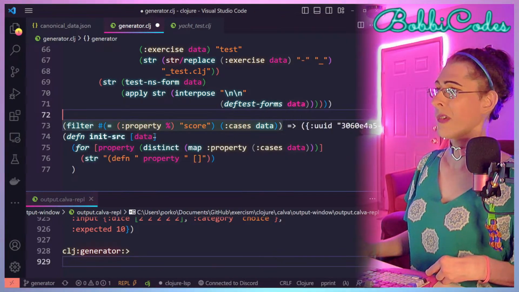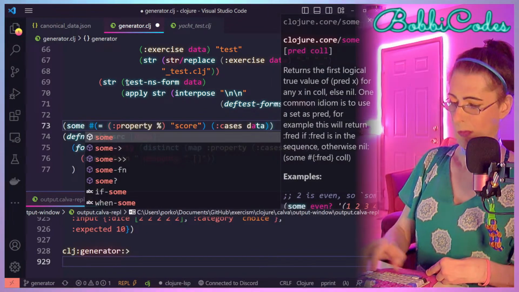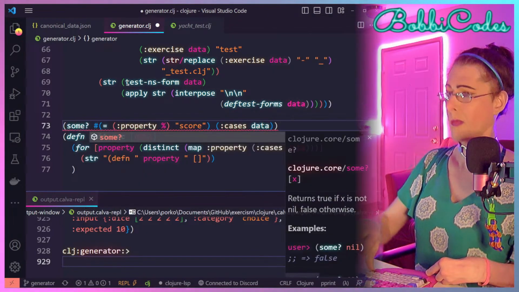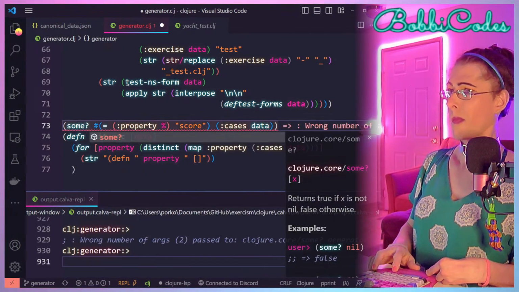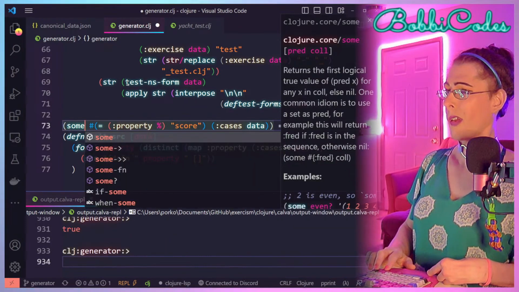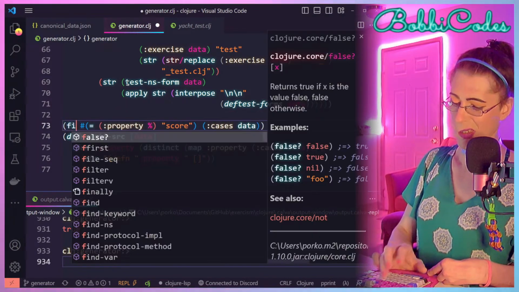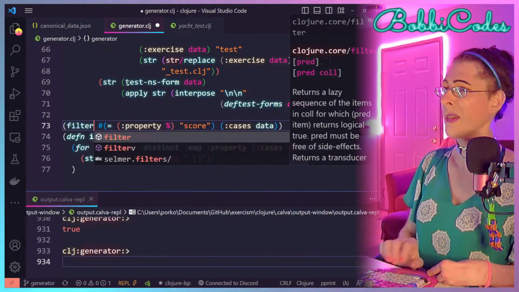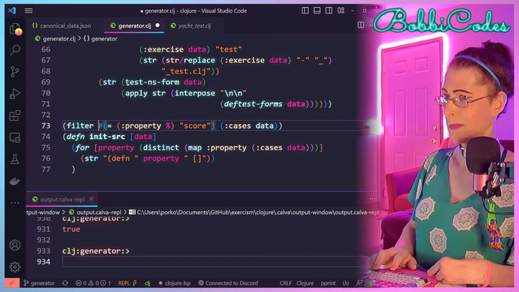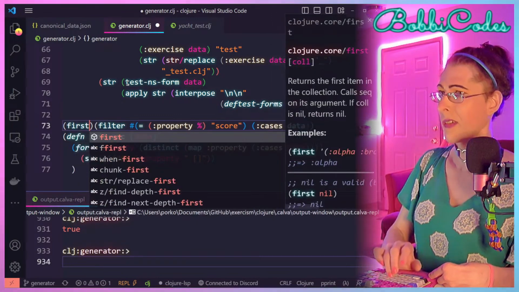Okay, filter works, but I thought some would just return the thing. Okay, it returns true and not the thing. Yeah, I think I've made that mistake before. So we'll just use filter and take the first.